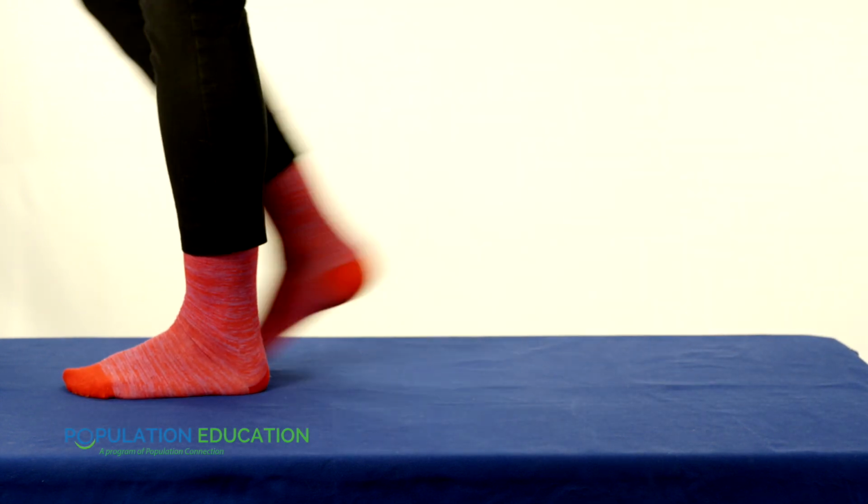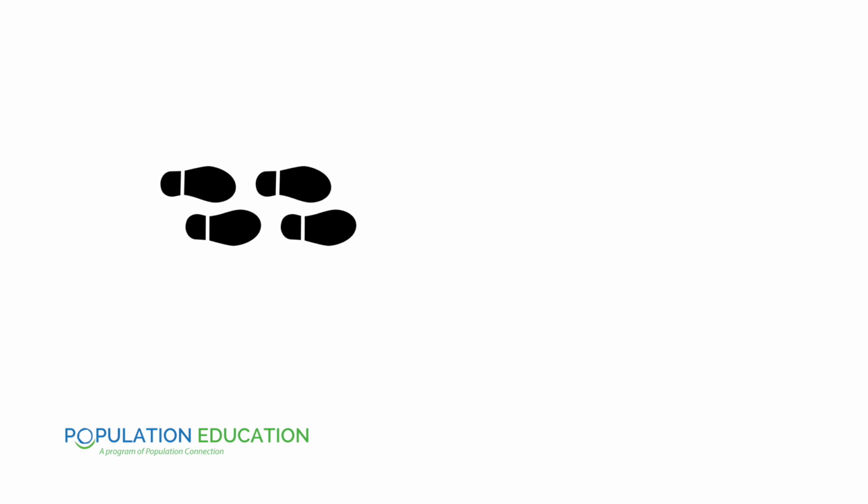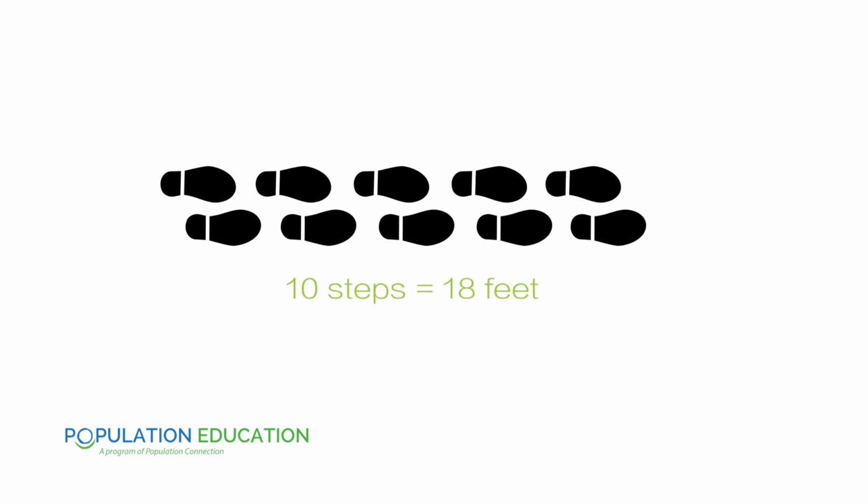Then you actually have them come up with a pretty good idea of where they'll wind up by measuring out student steps. One way to do this is to have a student take 10 steps and measure the distance that they go in 10 steps. The students might even want to measure each of their 10 steps and average it to come up with an idea of what an average person in their group, how far they would travel. So just to give you an idea, for an average 9-year-old student, 10 steps would take them about 18 feet.